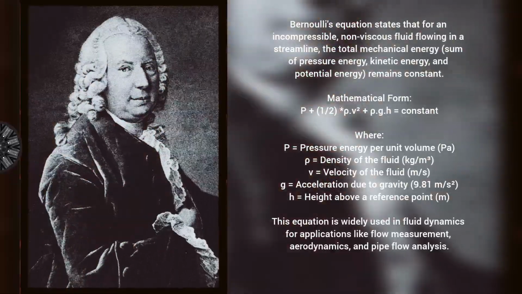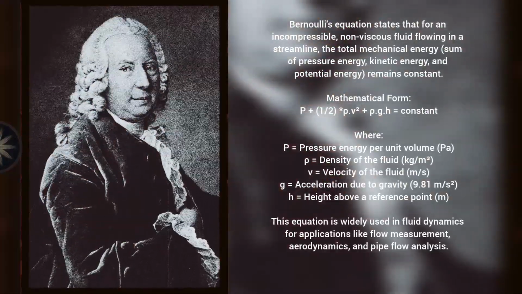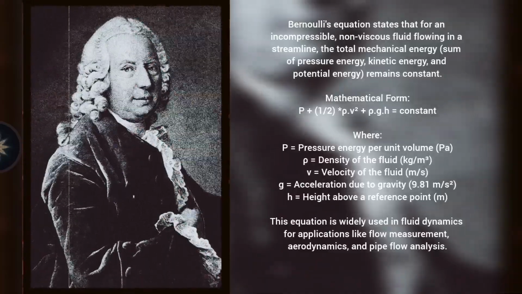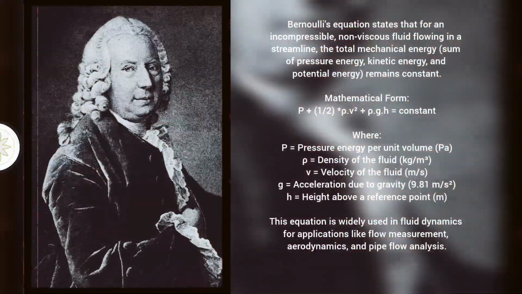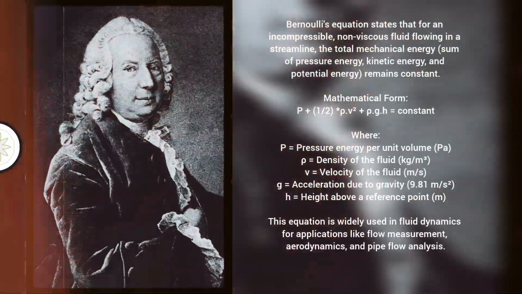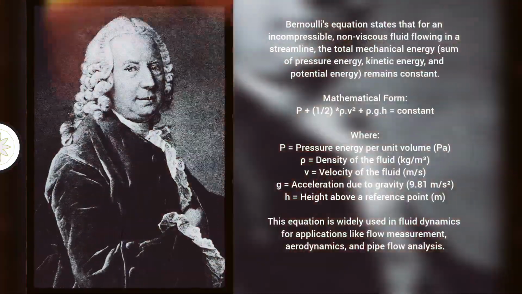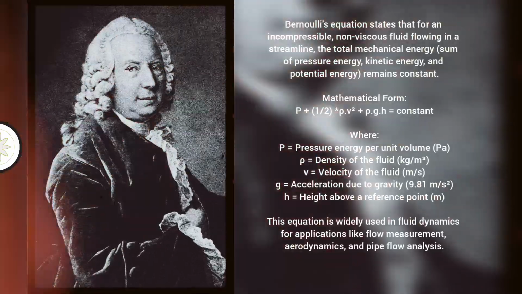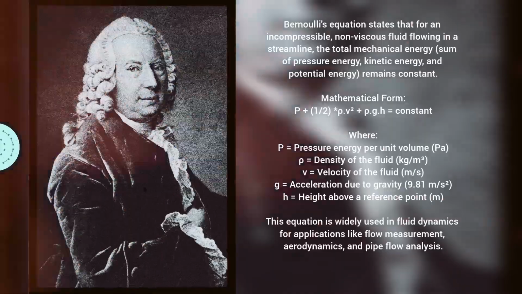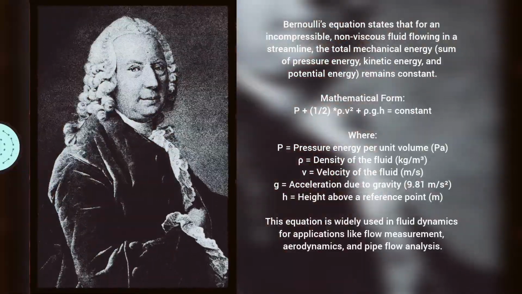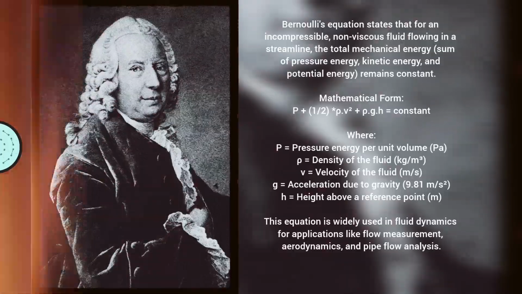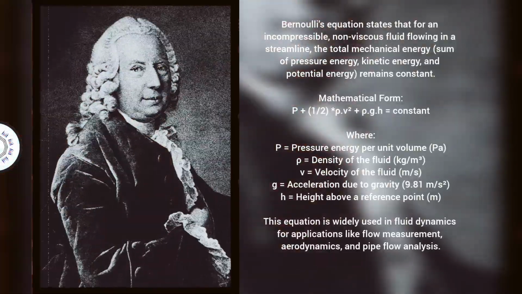So breaking down those energy types, we've got pressure energy, kinetic energy. That's the energy of motion, right? Exactly. And then there's potential energy. That depends on the fluid's height. All of those together have to stay constant along a streamline. Hold on. Streamline. Not sure I'm following you. Good point. Imagine an invisible line showing the path a little particle of fluid would take as it moves. Okay, so the fluid's flowing along this path, and even though pressure, speed, and height might change, the total energy stays the same. You got it. You're picking it up quick.